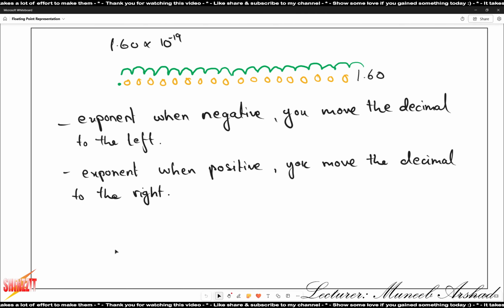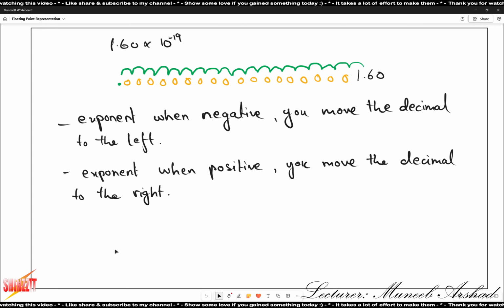Now in this case, I think this is the charge of the electron. 1.60 into 10 raised to power minus 19. उसको भी जब आप इवैल्यूएट करोगे तो आपका डेसिमल पॉइंट जो है वो उतनी प्लेसेस टुवर्ड्स द लेफ्ट मूव कर जाता है. So we derived that when the exponent is negative you move the decimal point to the left, when the exponent is positive you move the decimal point towards the right to add the approximation in your number. ठीक है. और floating point representation,